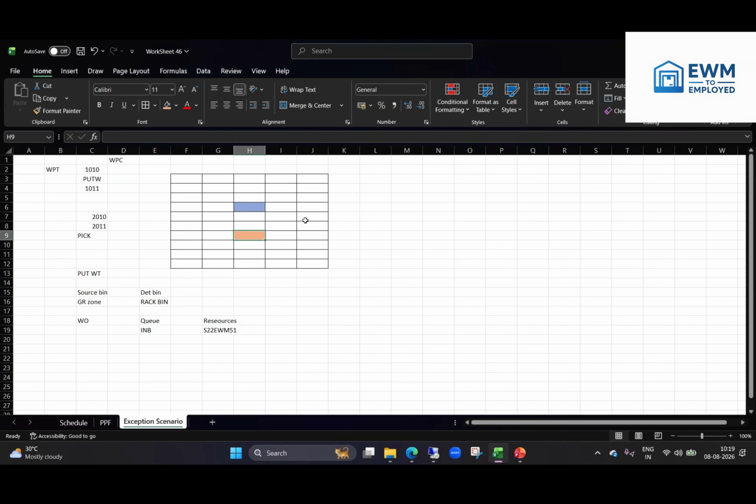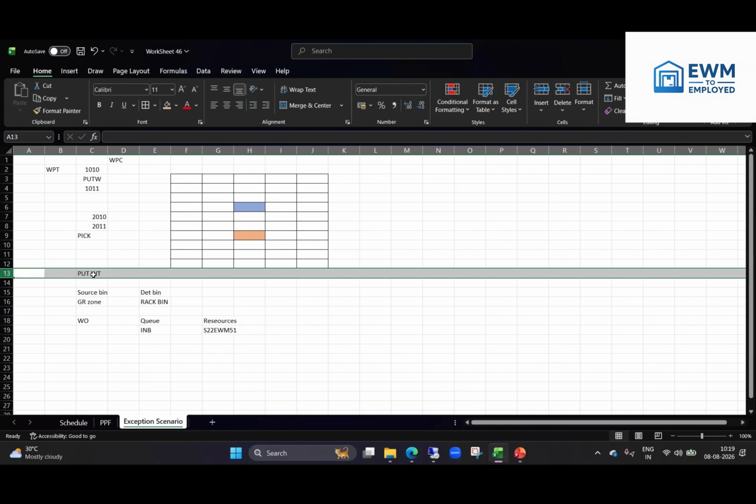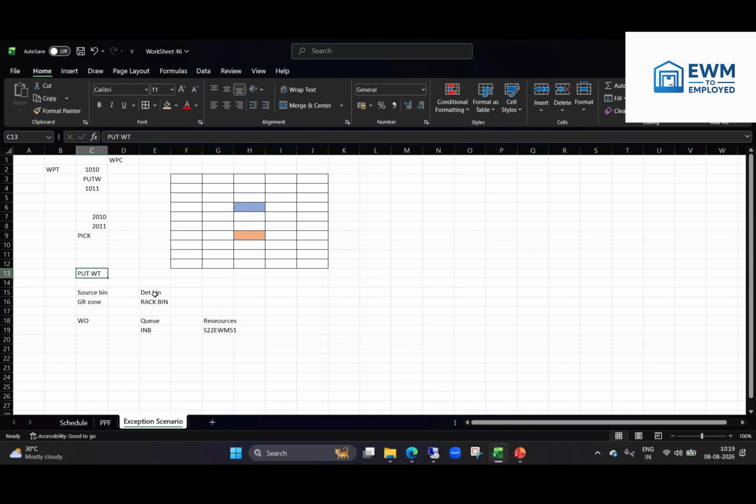But after I've stored the product in this bin, when I come back to my system, this warehouse task is still open, right? I need to confirm this warehouse task. But before I confirm, I need to make sure that I have changed my destination bin. If I do not change it, what will happen, Prasad? My stock in the system will show in a different bin, and physically in the warehouse my stock is in a different bin. So in case of picking, my picking task will be created from this bin,